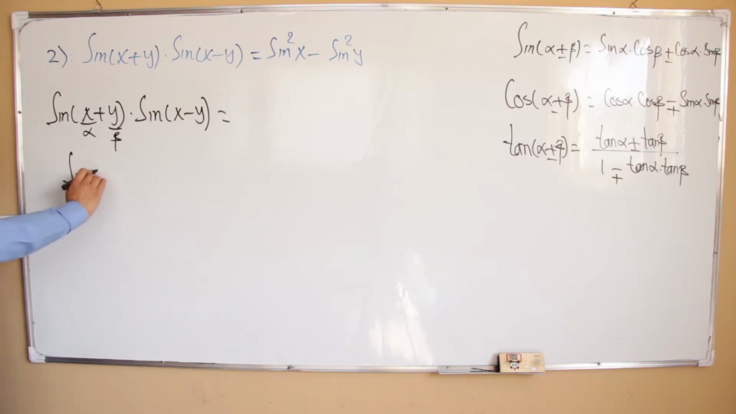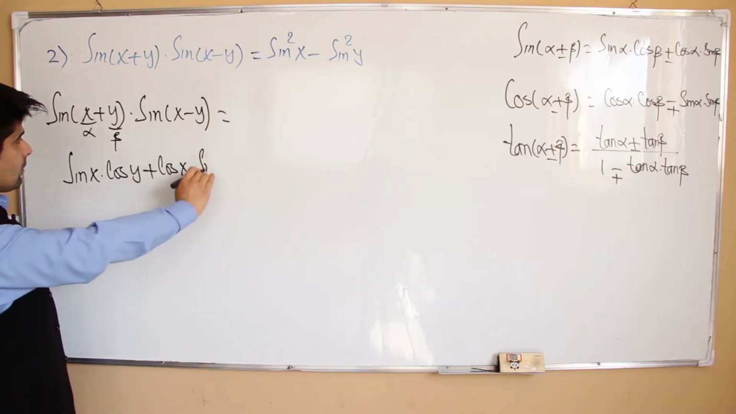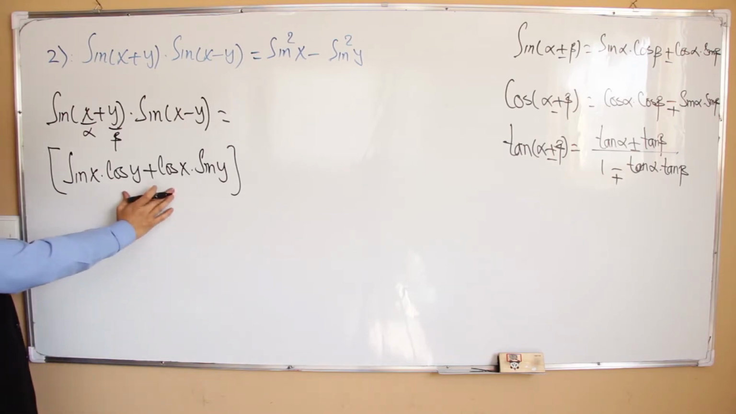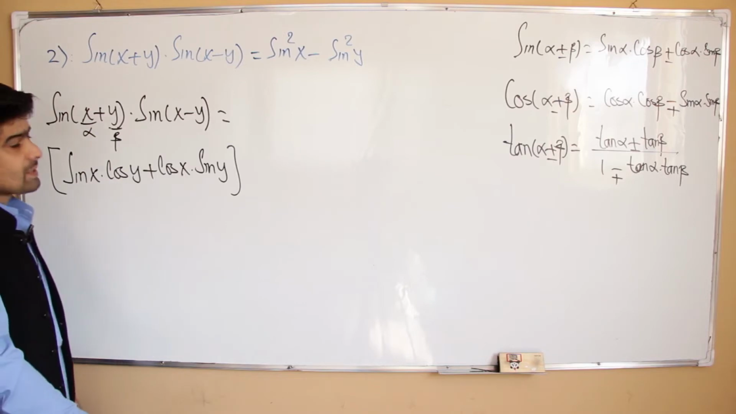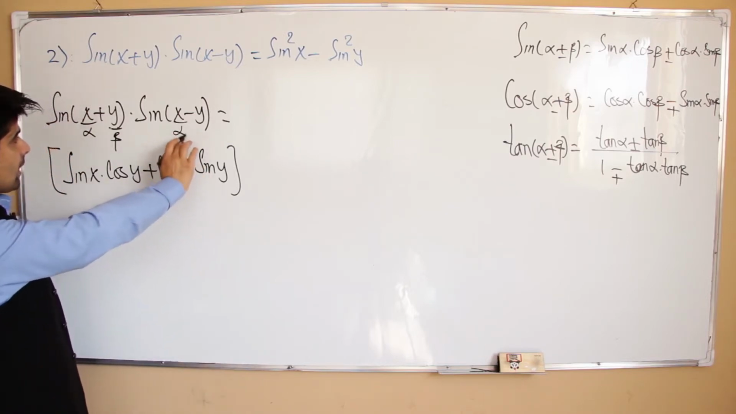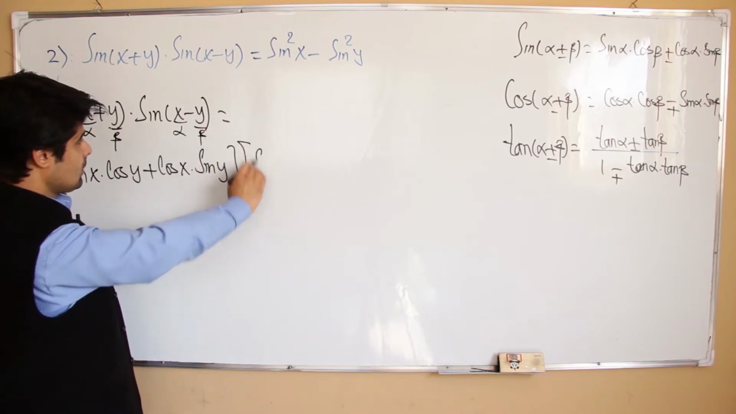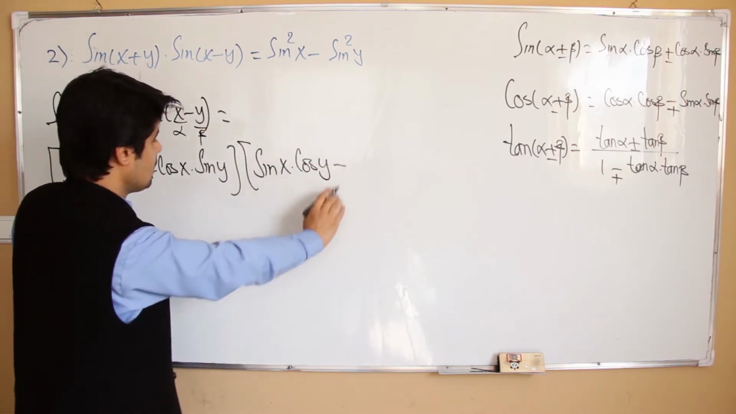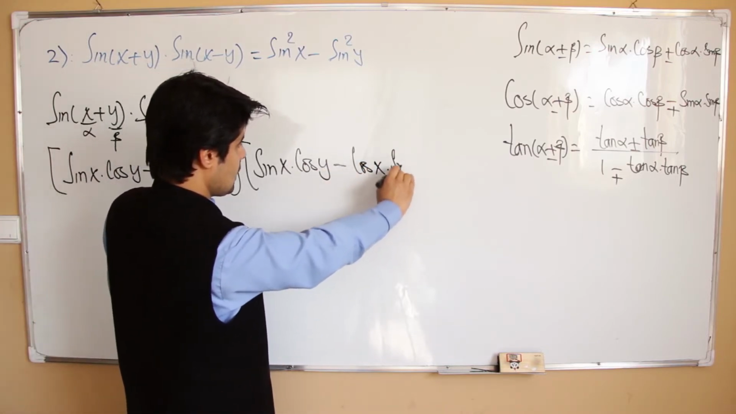Sine alpha cosine beta plus cosine alpha sine beta. Am I right or not? Yes. Now, this is in multiplication with the second term. Now, this one is also alpha, this is beta. Sine alpha minus beta. I think sine alpha times cosine beta minus cosine alpha, which is x, sine beta, which